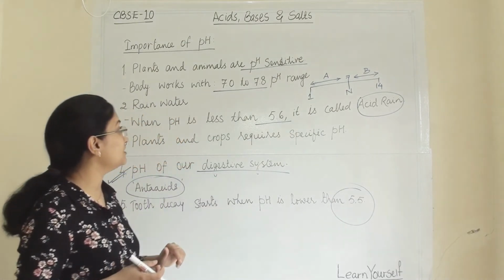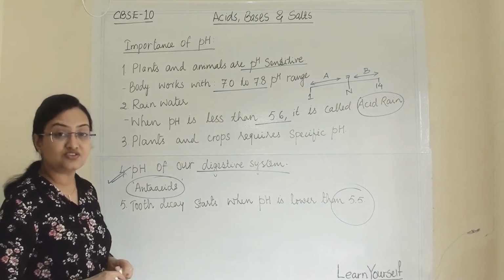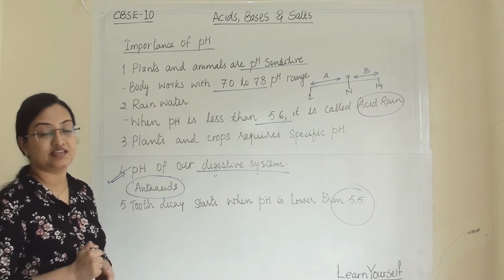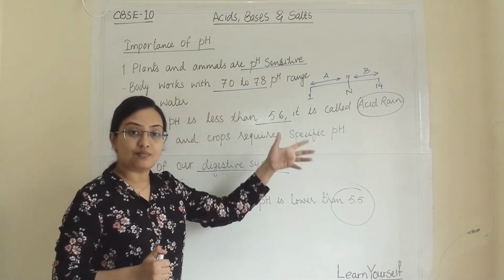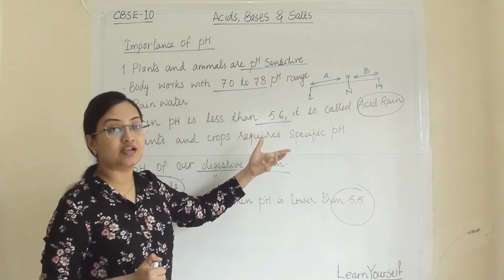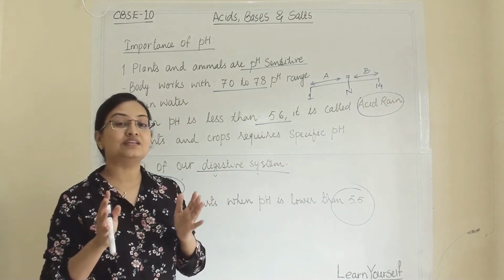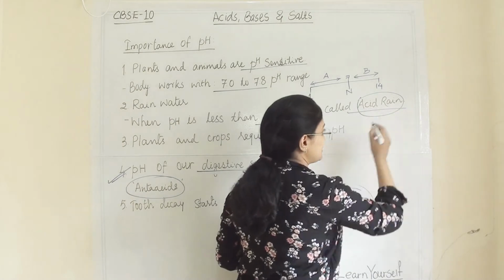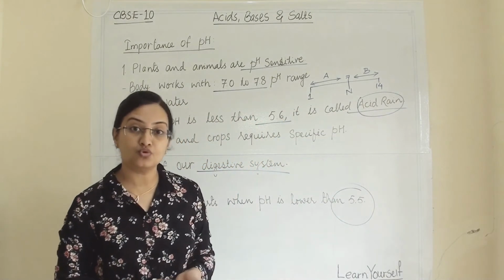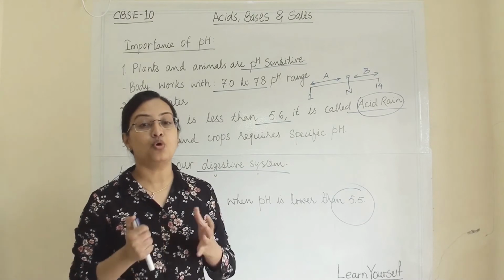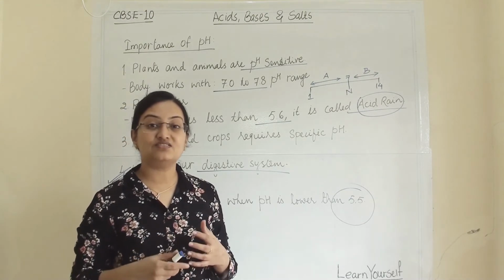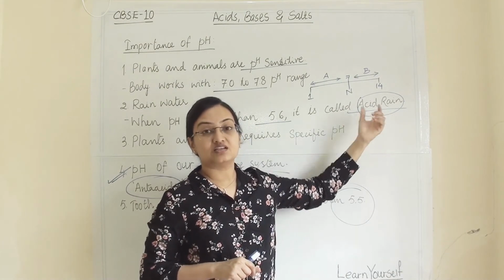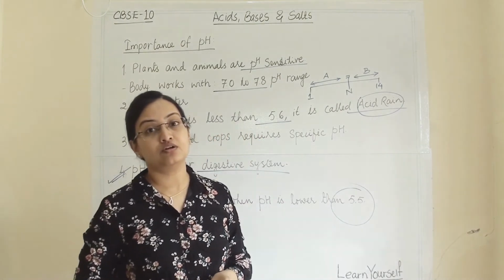So these are some of the important points on how pH is important in the lives of humans, animals and plants. And there are some natural remedies and some man-made remedies to maintain them at a specific pH. But one thing, that is acid rain, needs our most attention, because due to more and more pollution, the acid rain's frequency is increasing day by day. So this kind of event is one of the major alarming moments for the ecosystem.